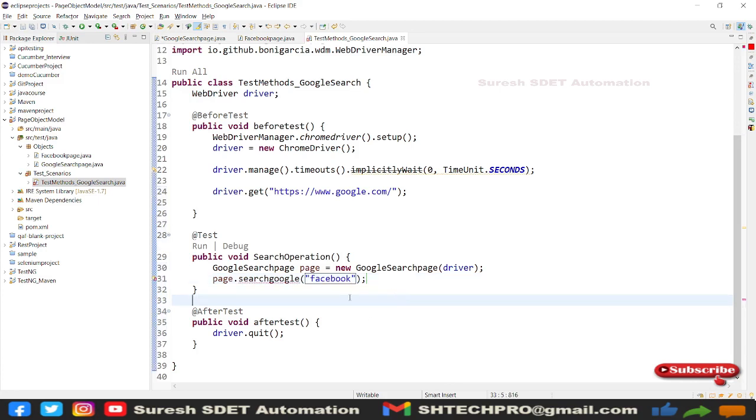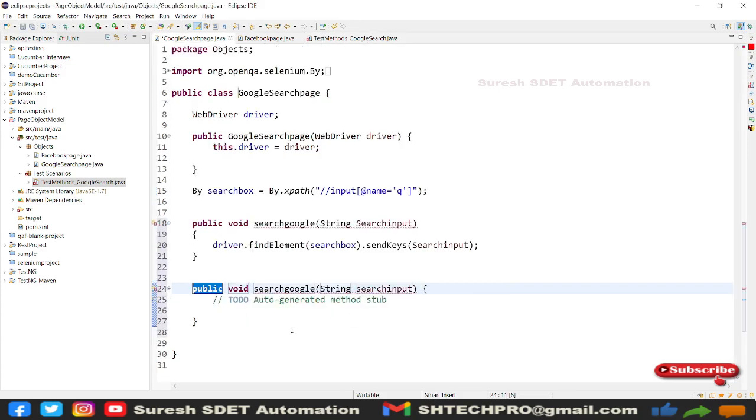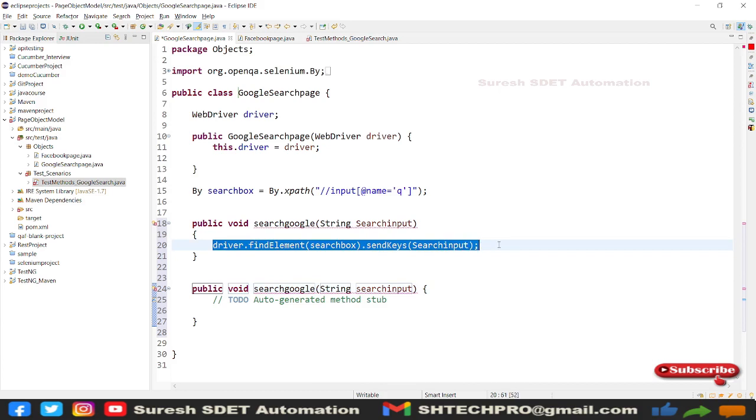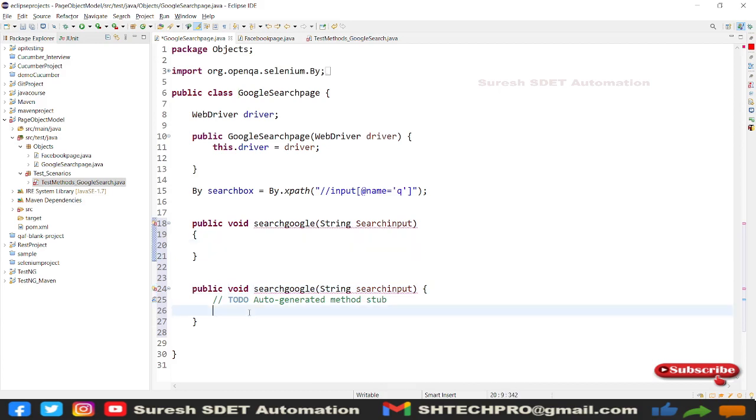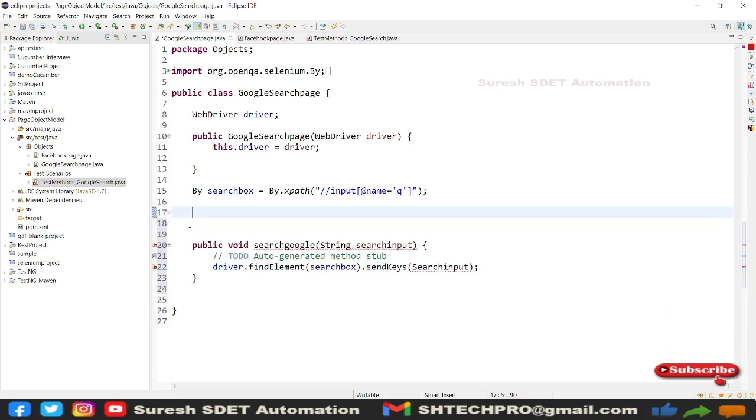So save. It says create this method. Sometimes it will ask you for methods which are missing, so don't worry about that. Sometimes it happens. You need to copy the method which is under it and paste it over here and remove the earlier existing one.